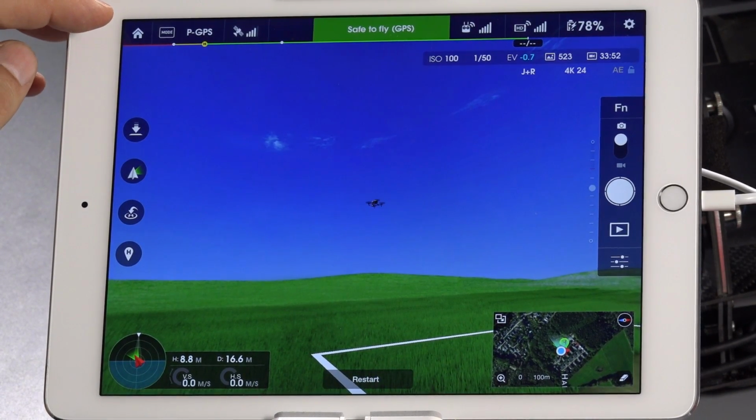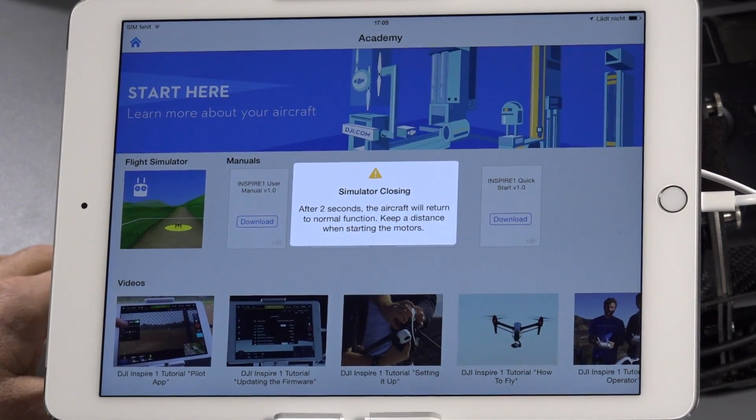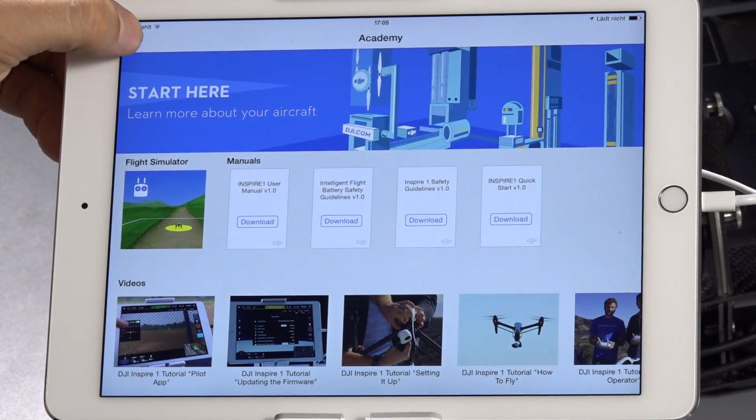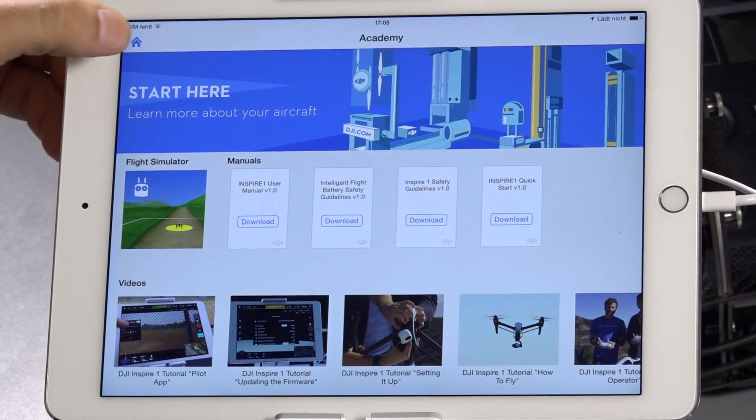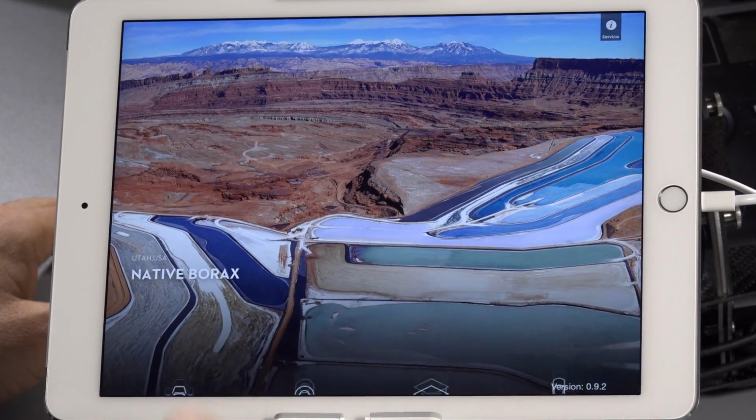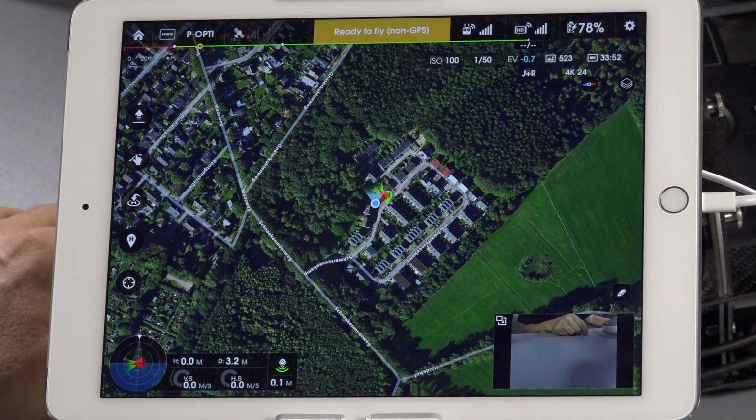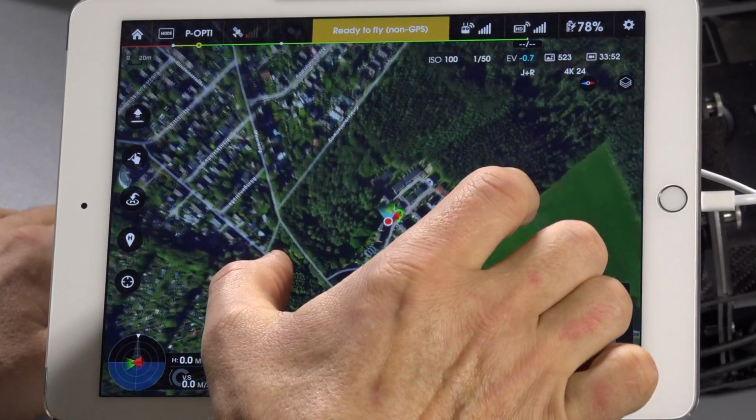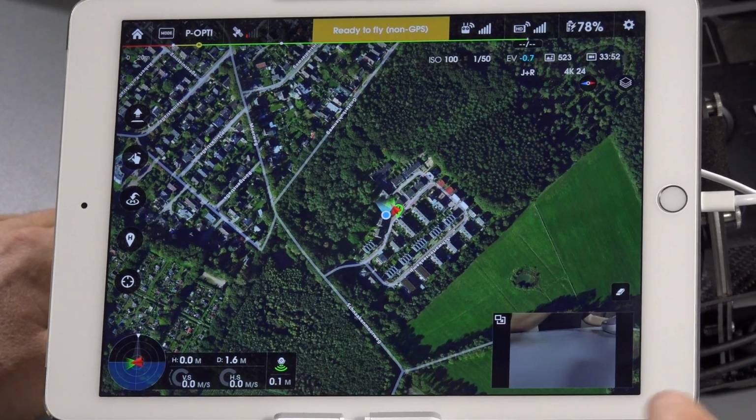Okay, so going back to the home screen, take some time because the simulator has to close. Now we are back at the home screen. Now we can go to the map, and here is the map. That's my position now. You can zoom in the map or zoom out of the map, and you have the